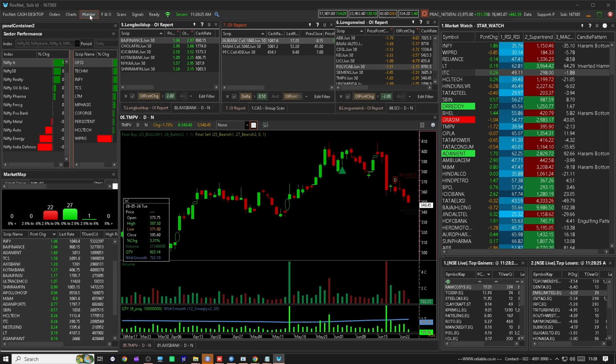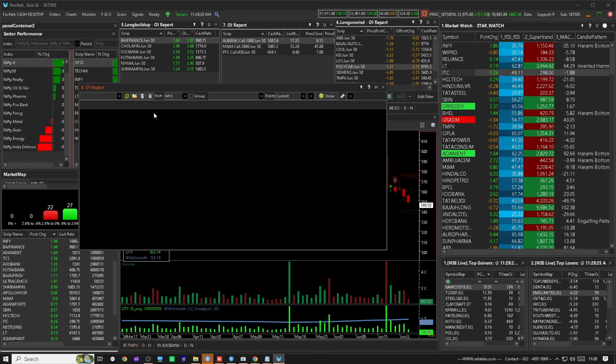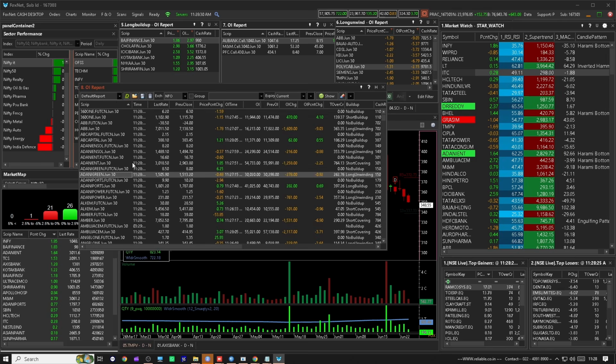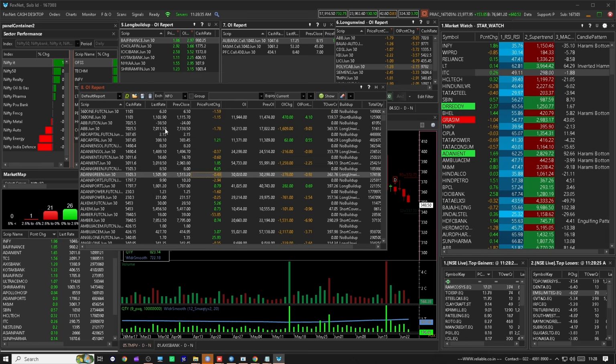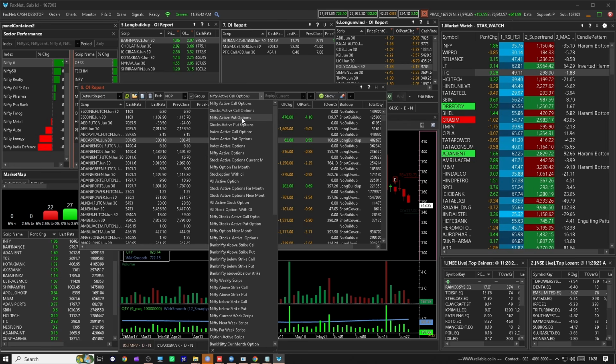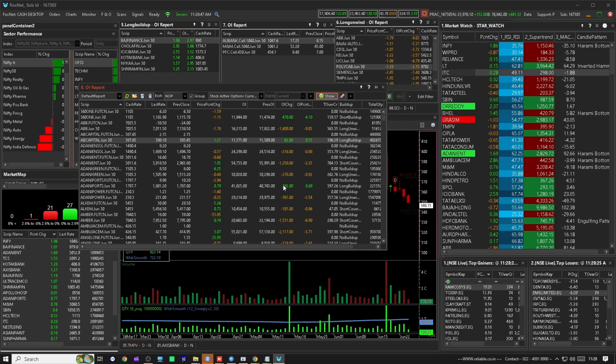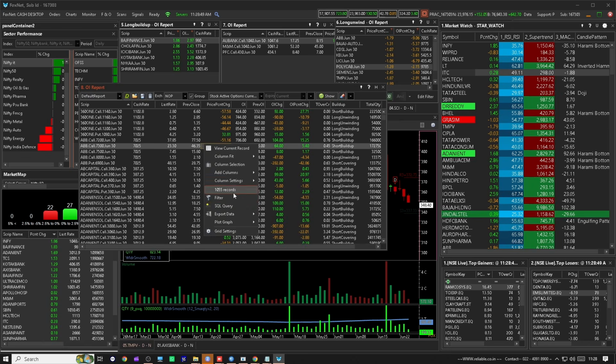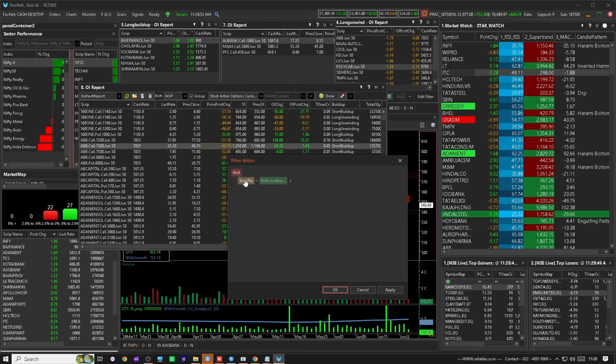Okay, so we can use one more OI report. Now we'll filter it for the negative part. Okay. Yeah. Stock active options current month. Stock active current month. Filter delta should be less than minus 0.5